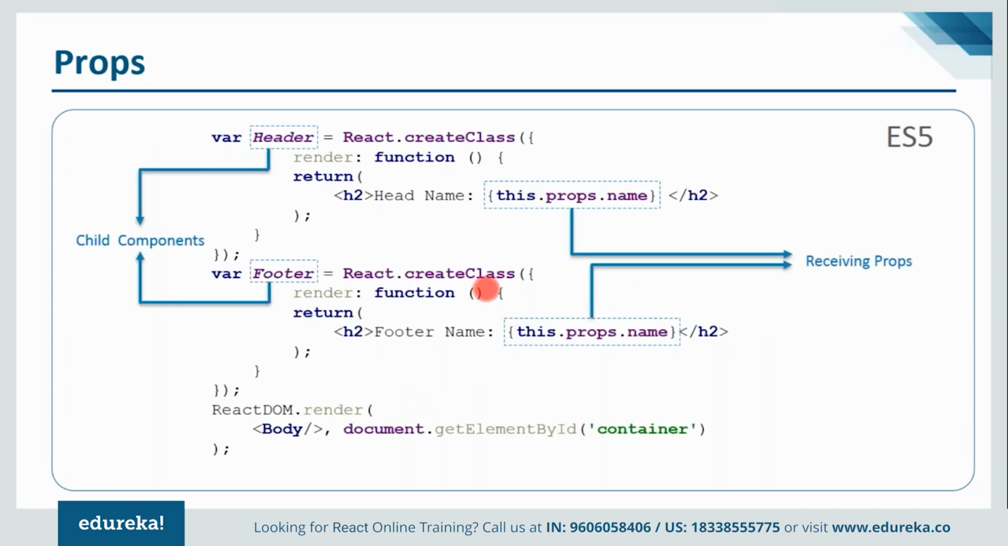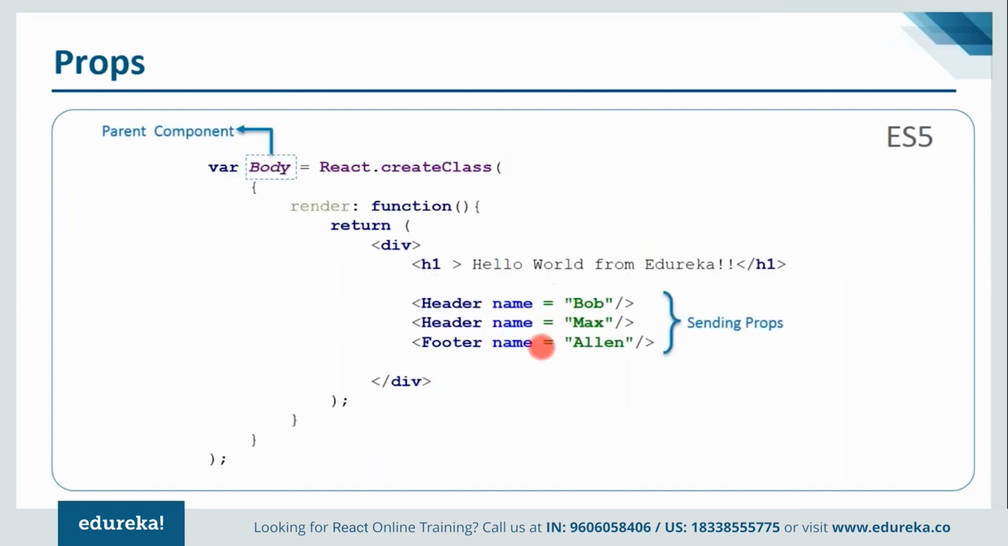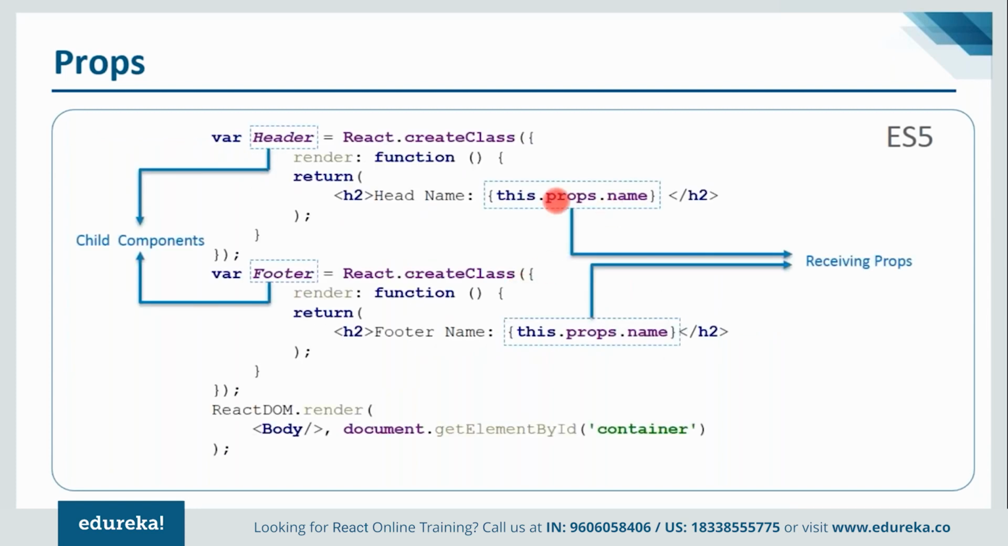Okay, now let's see how children components work. The children components would get the props from the parent and simply display it. So I have an h2 tag which says the head name is this.props.name. So this.props.name is what comes from here, right? It says name is the property and I'm setting that property over here. So this would be replaced by whatever value that property has. So in this case it would be Bob,